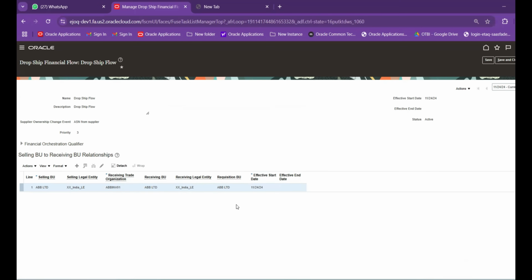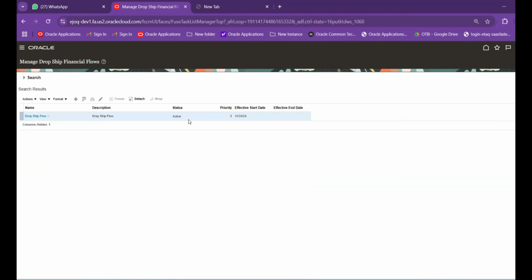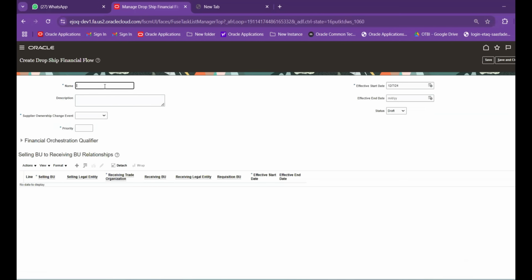Then what will be your requisition view? So requisition view can be different, right? It is possible. So how can we create this mapping? Let me show you. You click on plus. I will not save the record because we already did the configuration. I'll just show you. So we say drop. All right, we'll quickly complete the setup and then in next,